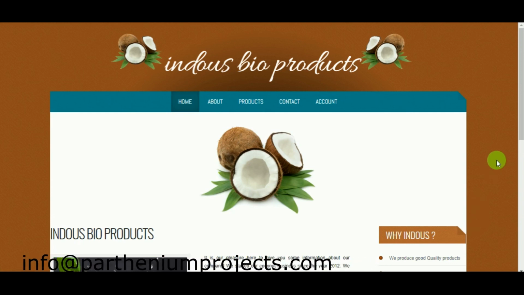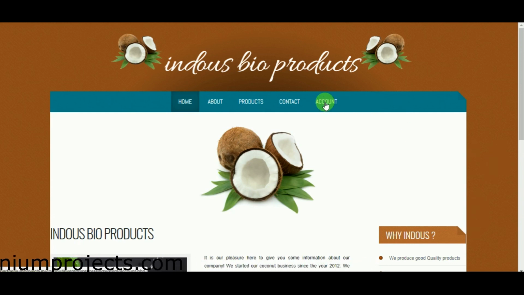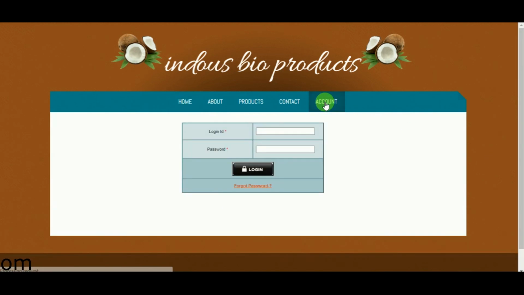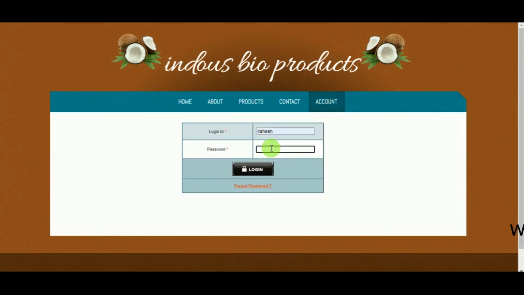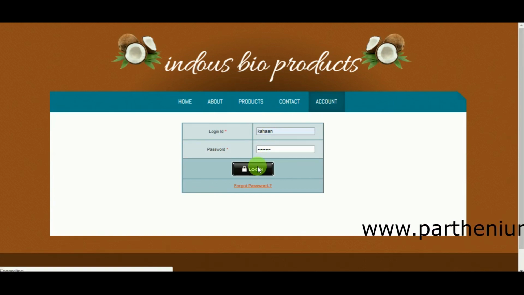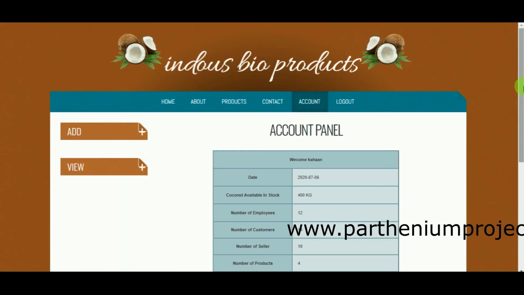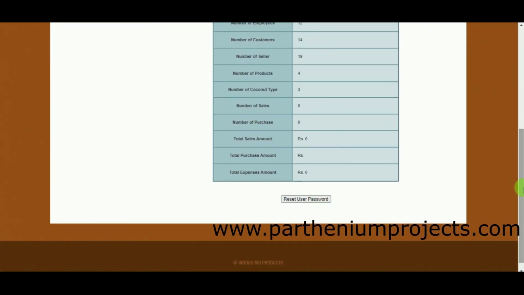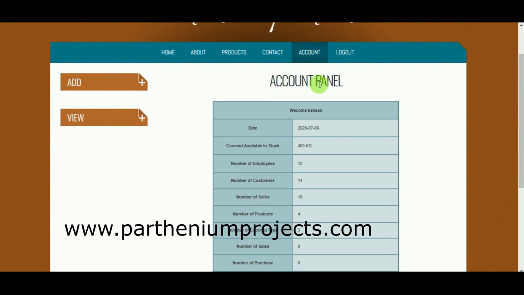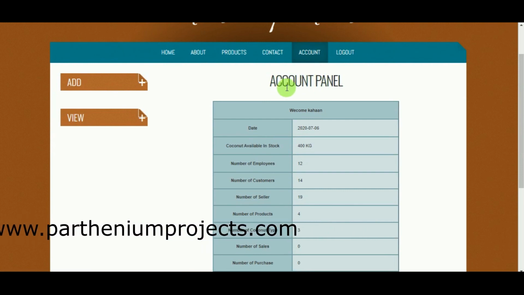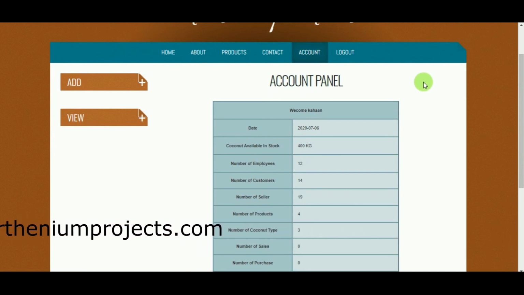Next we are going to see login of an employee. So I'll go to account, I'll give the employee ID, I'll give the password of the employee and click on login. So here is the page for employee.